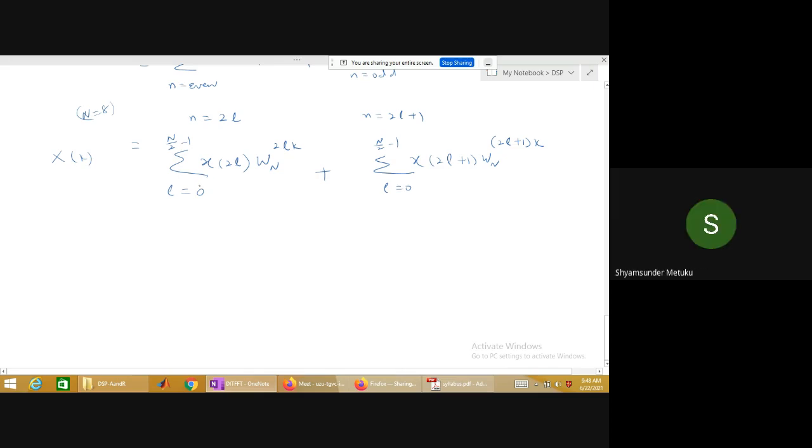Yes, sir. Yes or no? Similarly, whatever value argument you are going to get, same, it is basically w n to the power of n into k. Whatever value of n here you write, same thing should come here, isn't it? If it is x of 0, w n to the power of 0 into k. If x of 2, w n to the power of 2 into k. If x of 4, w n to the power of 4 into k, isn't it?